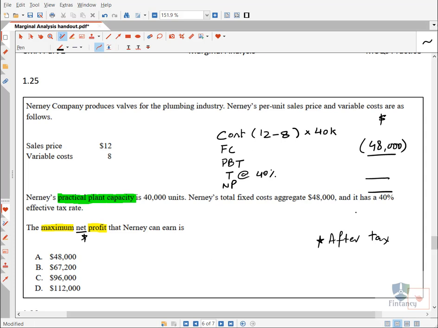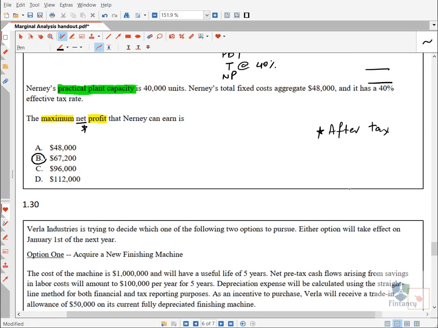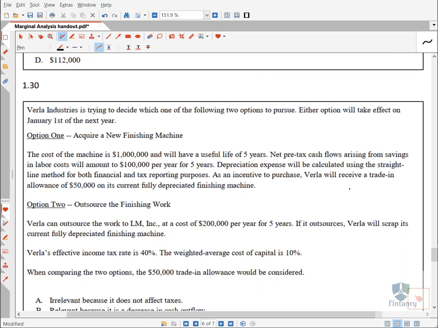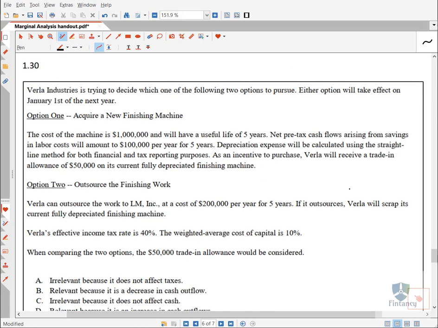Okay, please try this. If you are not able to calculate, you can easily calculate like this. So the net profit which you will get will become how much? 67,200. Okay, you can fill it up later on, but this is the approach. Let us move ahead. Oh, very nice question. Big one.